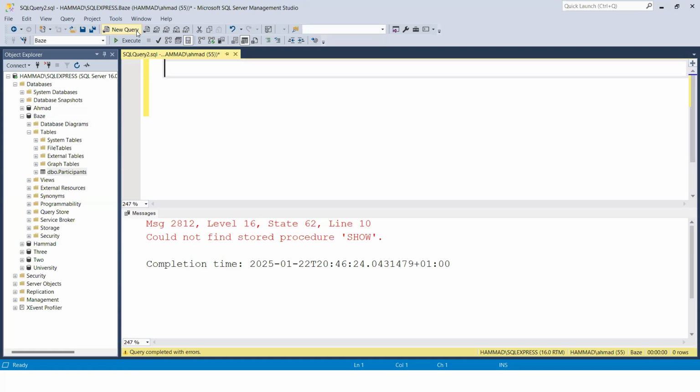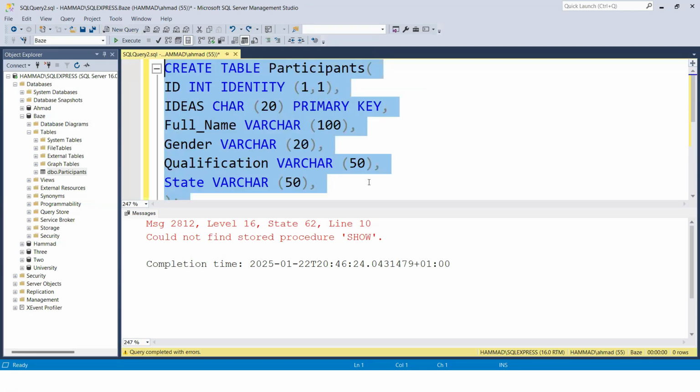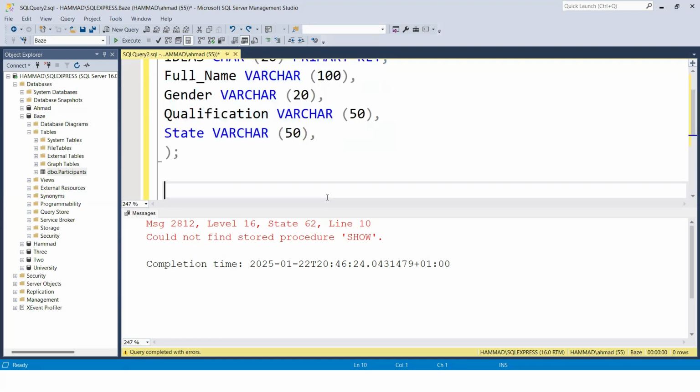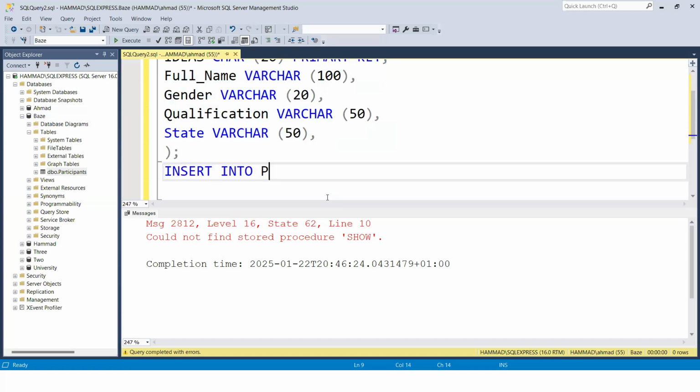The command you are going to write is insert. That's the name of the command. So you say insert into. When you say insert into, you are telling it to insert a particular thing into a particular table, so we say insert into participants. Sorry, I shouldn't have deleted that. We need this, and I'll tell you why. Let me write this. Insert into participant